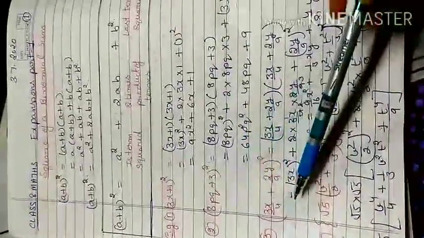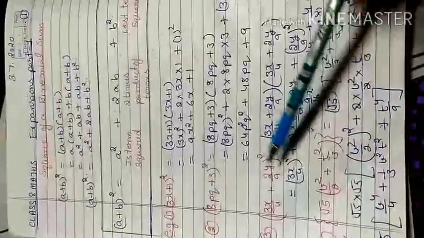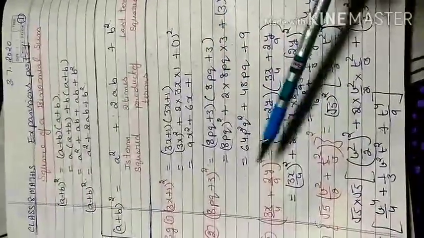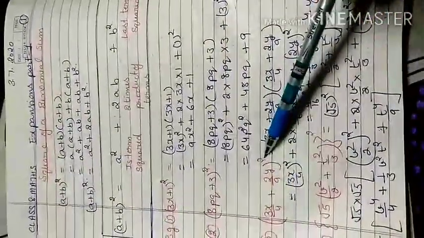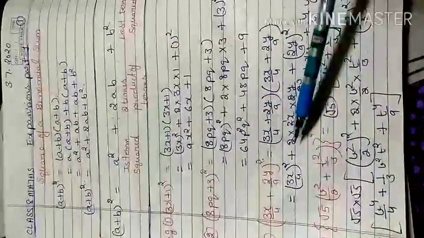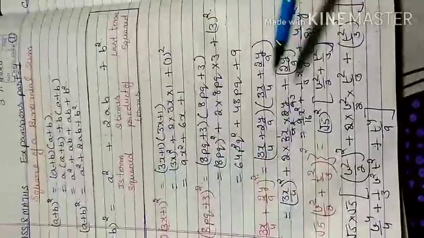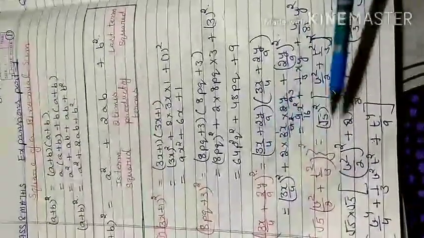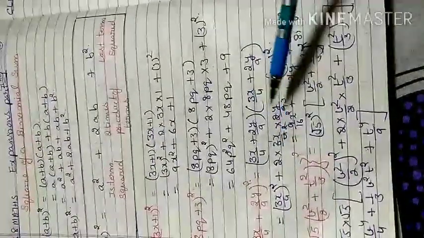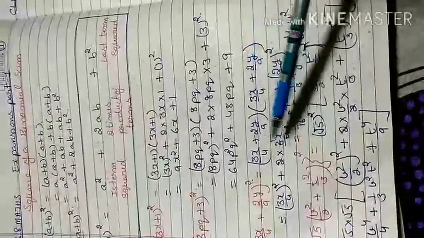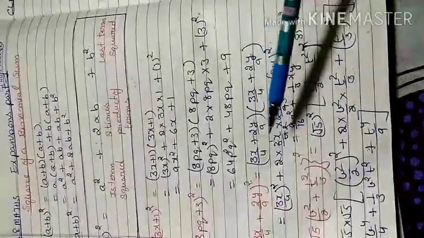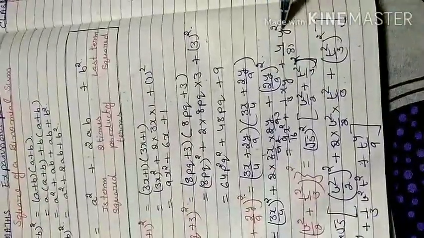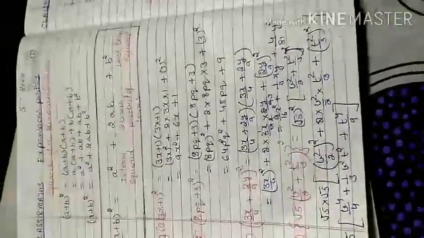But if my terms are in fraction form, like (3x by 4 plus 2y by 9) whole square, what do I do? My formula is the same because there is a positive sign between them and the whole power is 2. So remember one thing, the whole power will be 2. So first term square plus 2 times both the terms plus last term square. So 3 square is 9, x square as it is, 4 square is 16. Here 2 twos are 4, 2 cancels with each other, 3 ones are 3, 3 threes are 9. So what is left is 1 by 3 xy, and 2 square is 4, y square, and 9 square is 81. So that is my required answer.